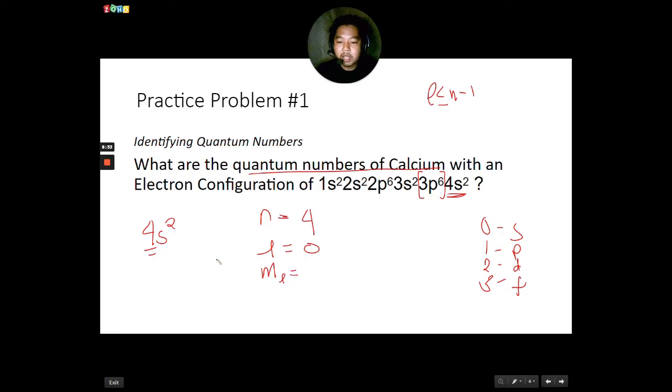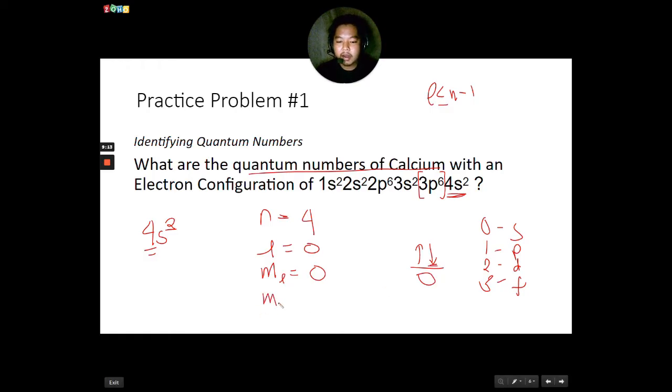the magnetic quantum number will tell you the orientation of the sublevel, no, or what we call the orbital. So S is spherical, therefore it only has one orientation. So ML will always be 0 if your L is 0, no? And then you have 2 electrons in this particular orbital. I have 2 electrons, and by Hund's rule, 1 electron spinning up must be placed first, and then another one to make it 2. Therefore, the ending electron is downwards.